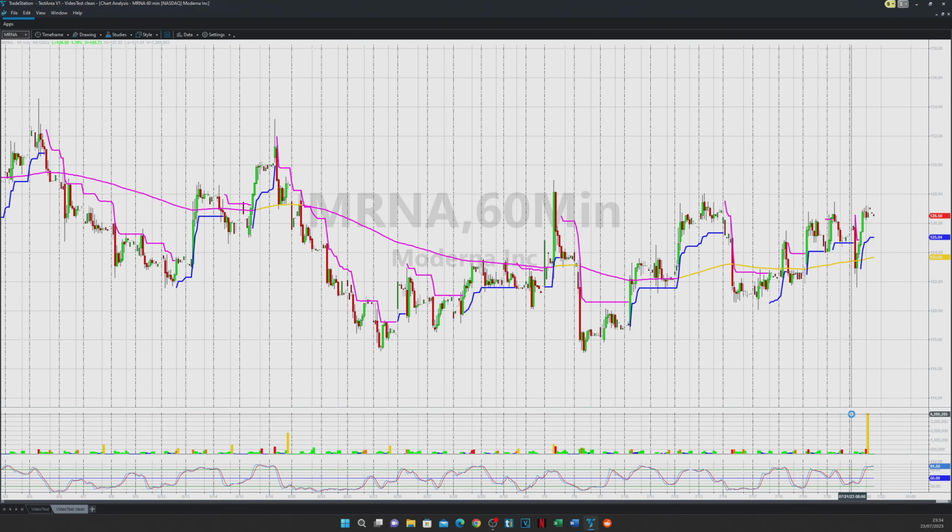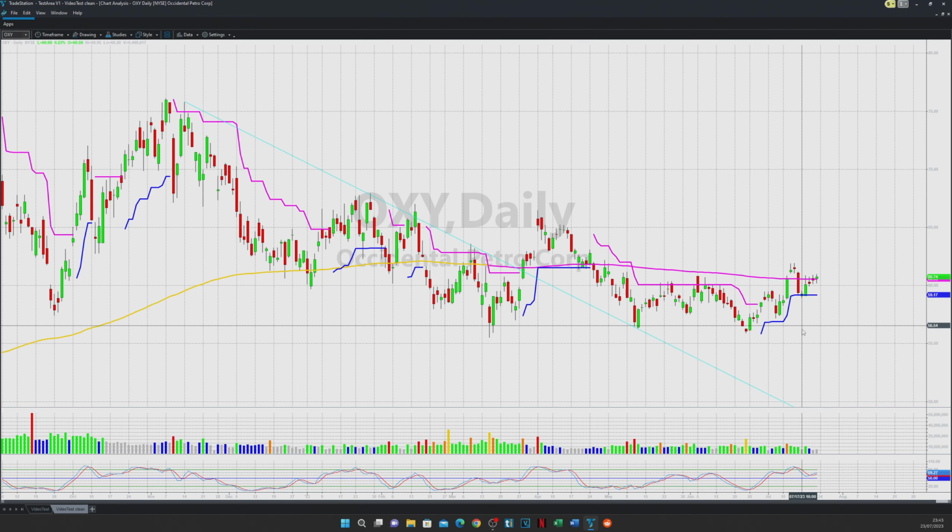If we go to Oxy, the oil, again, let me look at it on the daily. Again, it's like BA, but in the opposite way. Sideways move, didn't touch. I wanted it to reach the 54 area, touch it again, and then try to break to the 70. There is no divergence. It broke it, so buyers made a lot of effort here in order to break the pattern. But it needs to bring the buyers, so probably another push to the downside.